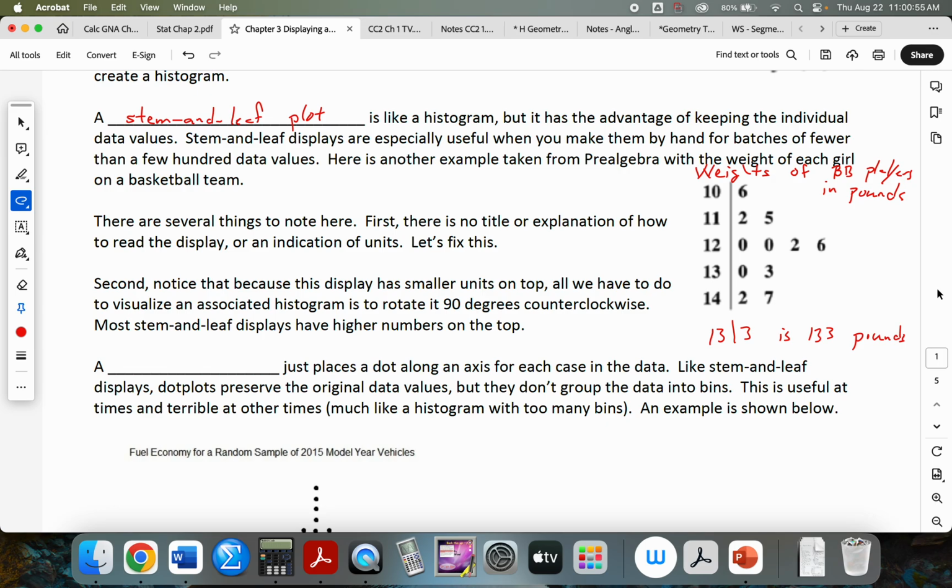So second, notice that because this display has smaller units on top, all we have to do to visualize an associated histogram is rotate it 90 degrees. So if you were to draw the bins, and rotate this puppy